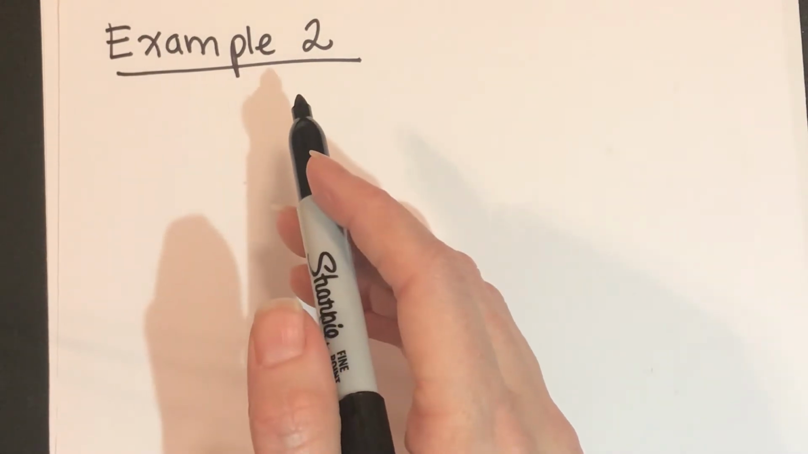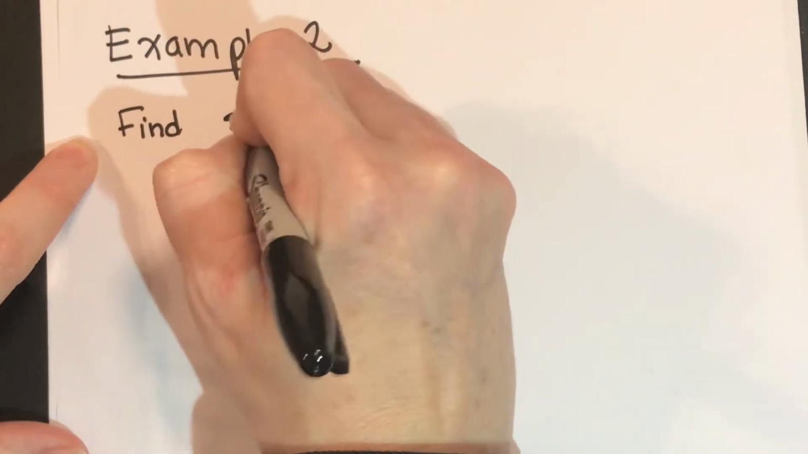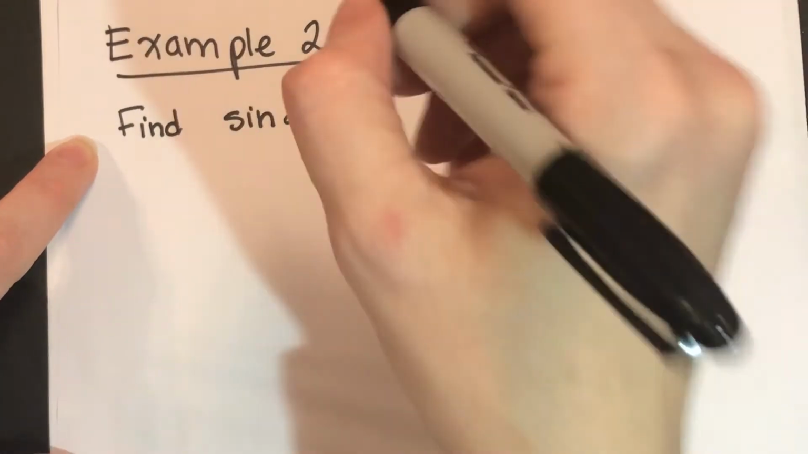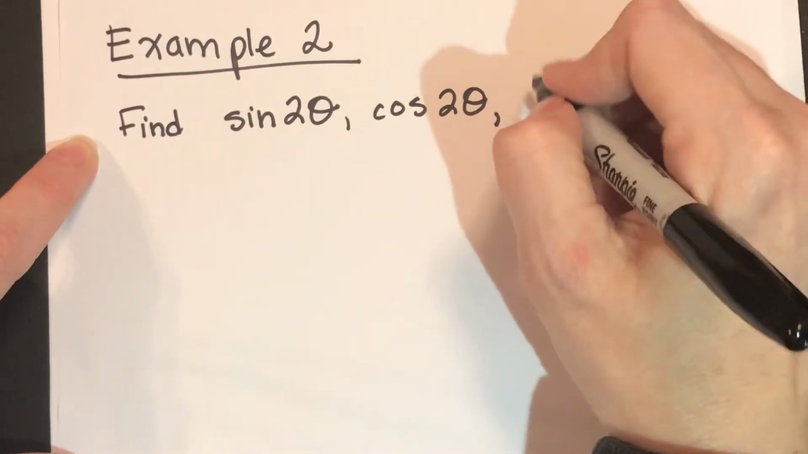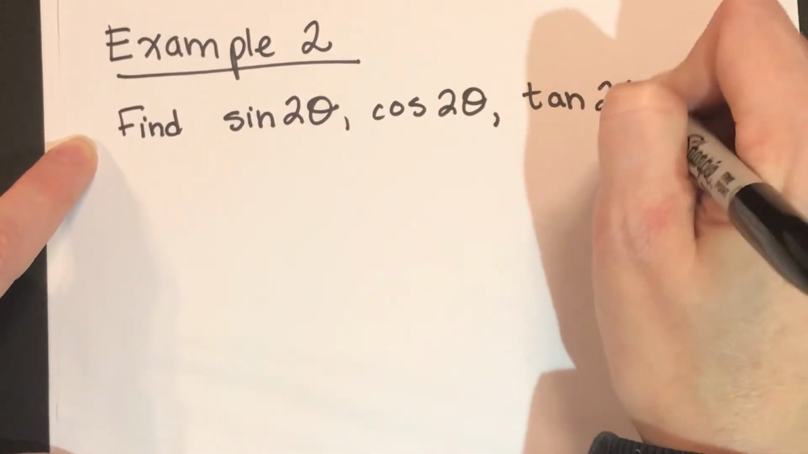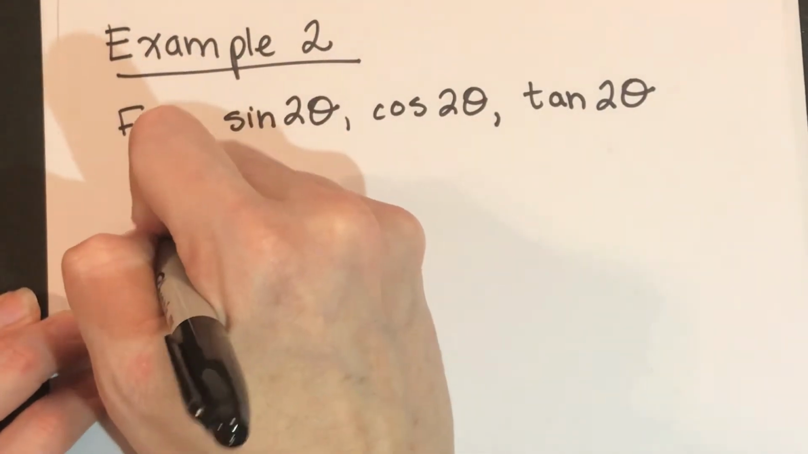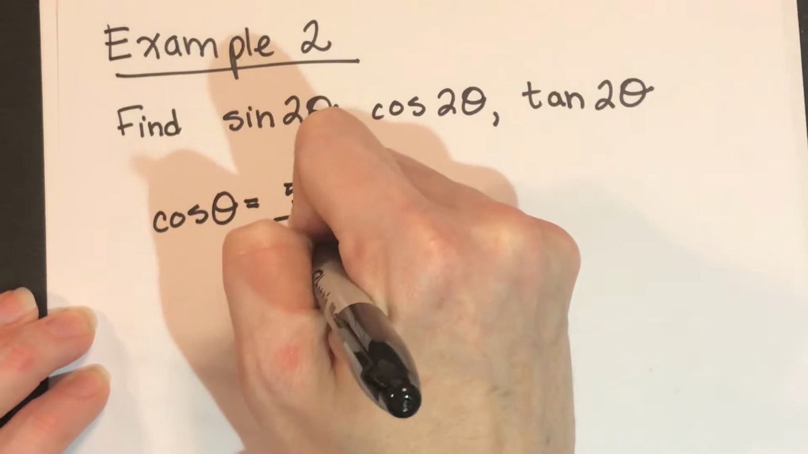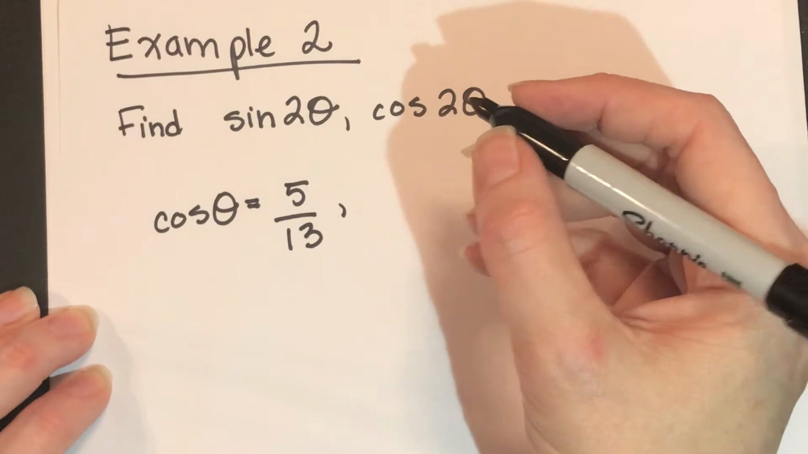All right, example 2 says, use the condition to find the sine of 2 theta, the cosine of 2 theta, and the tangent of 2 theta, given that the cosine of theta equals 5 over 13. We did this a while back, so we're bringing this back. So 5 over 13, and